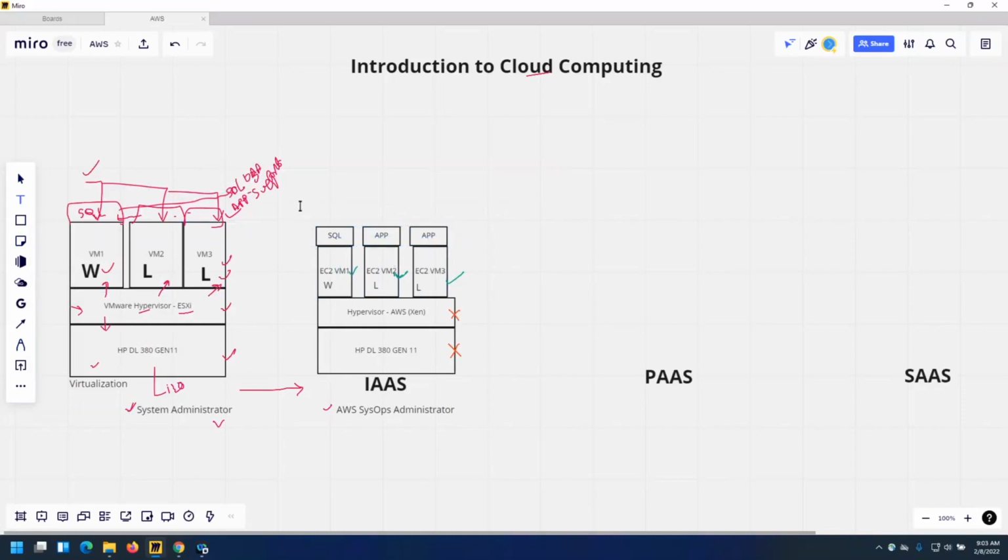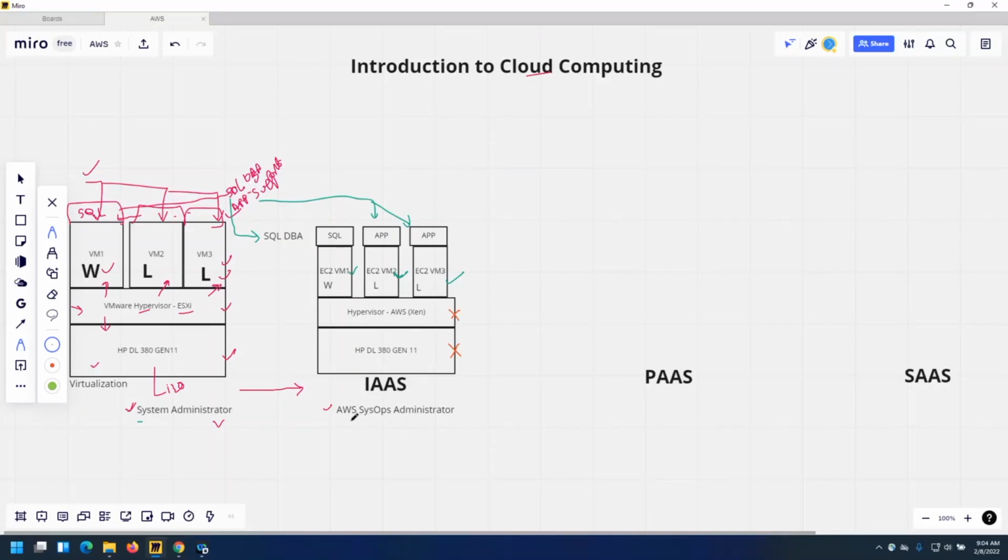So your SQL DBA, who is there in the traditional on-premise, if your organization is too big, an enterprise-level organization, you will retain the same SQL DBA to perform the same task here, and you will retain the same application support team to perform the same task here. Your system administrator needs to perform virtual machine management, installing the SQL Server application, and giving that to the respective individuals who will support going forward.